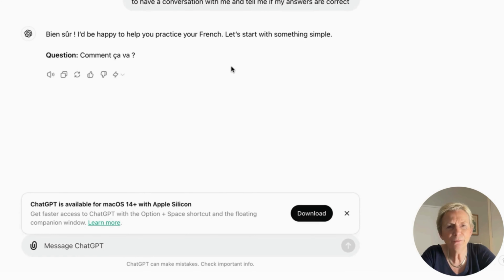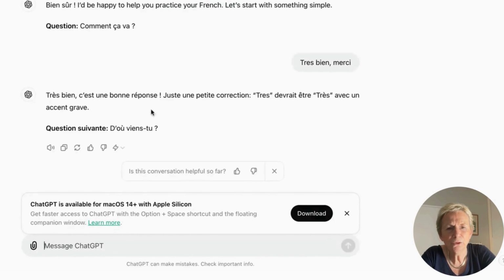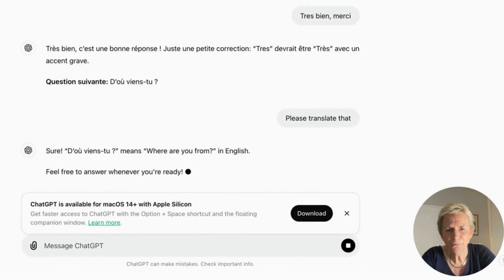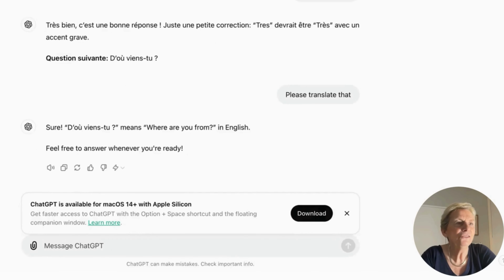Let's start with something simple. Comment ça va? Très bien. Merci. Bon response. I'm going to translate as we go. So it wants a petite correction with an accent. That's not so simple to do because I don't know how to get an accent on the keyboard, so we won't worry about that. Following question. D'où viens-tu? I could just say, please translate that. Sure. Means, where are you from? And so on. I think you've got the gist, and I'm not going to make you suffer my French accent